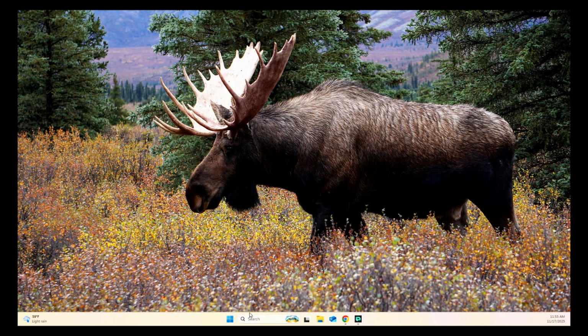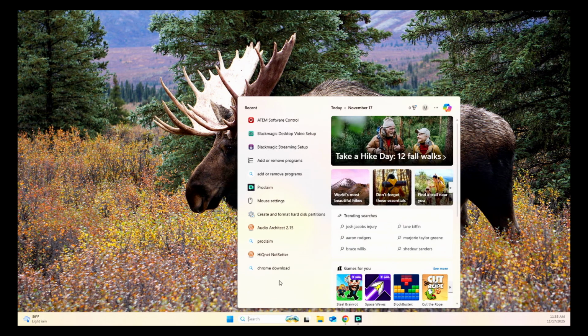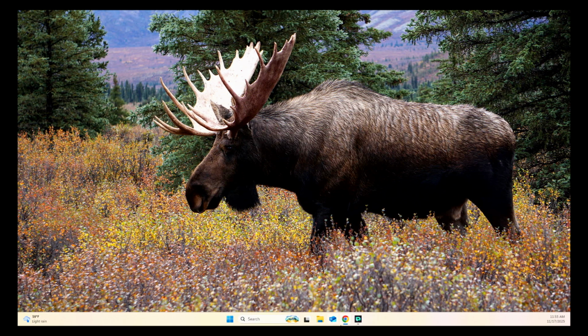All right, here we are on the Windows desktop for this particular church. And we're going to look for a program called Blackmagic Streaming Setup. This is the new name of the program beginning around November of 2025. So if you don't have this, go ahead and navigate to,